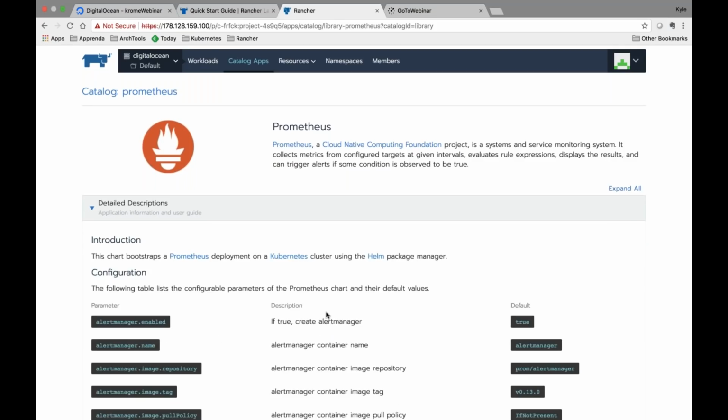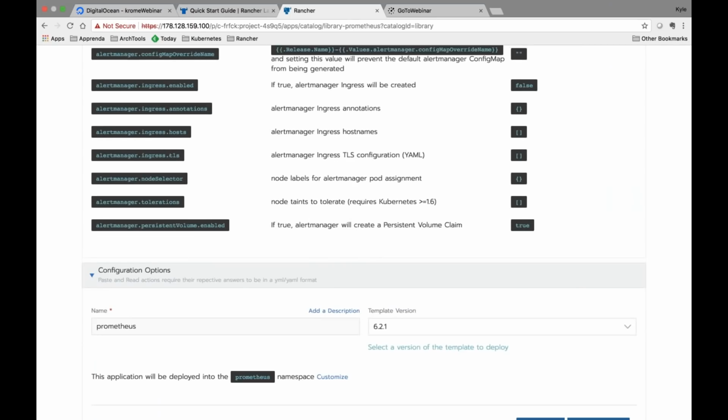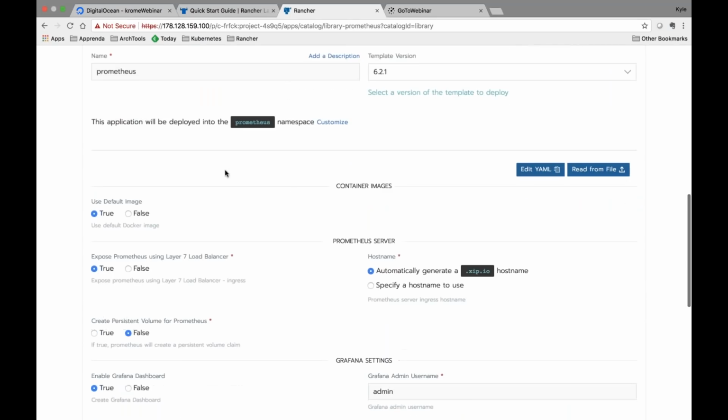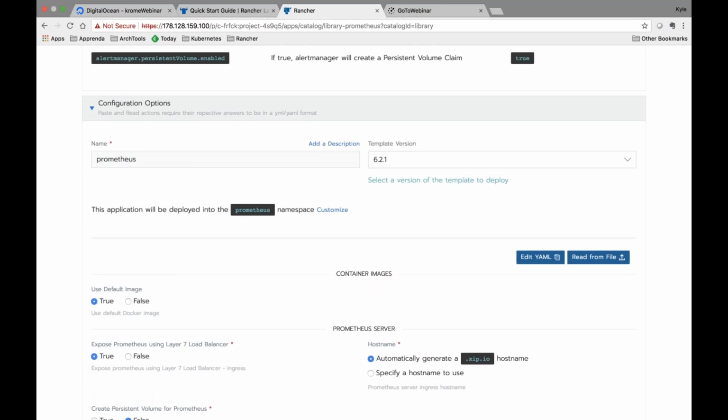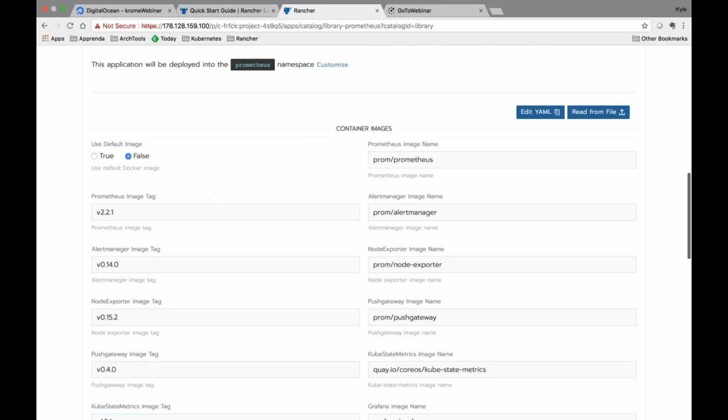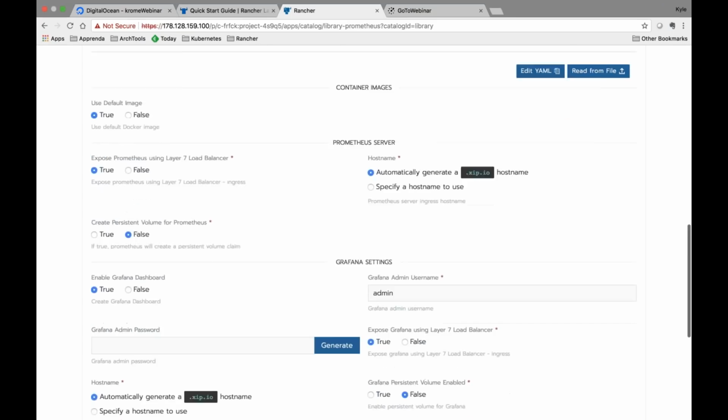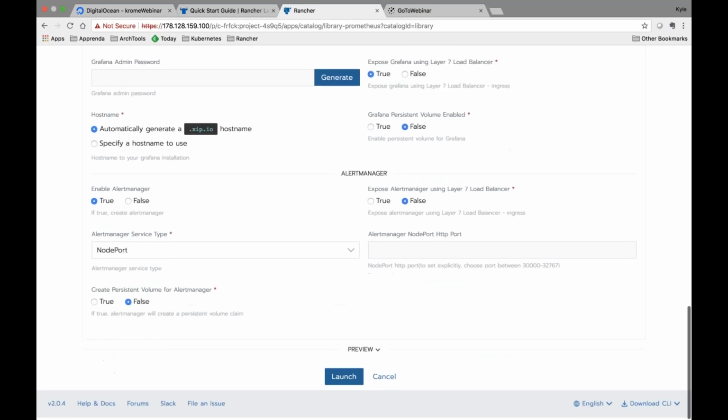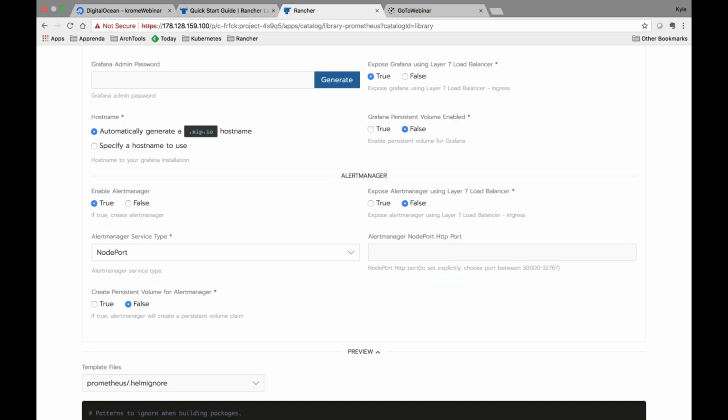And this will give me the README for this Prometheus chart. I can see all these configuration options and all of these options for this Helm chart. So if I say false, I'll get a bunch of other questions about, okay, what image do I want to use? All these questions down here, all this UI,